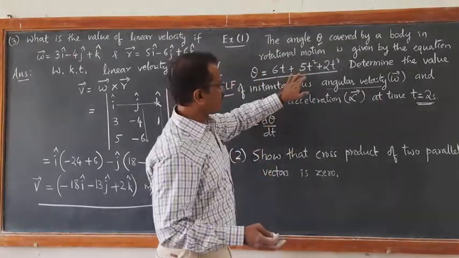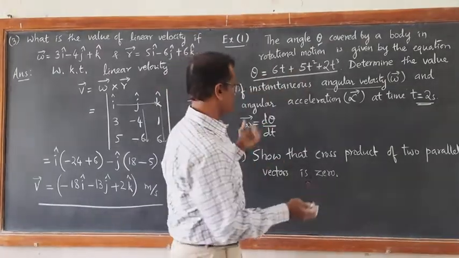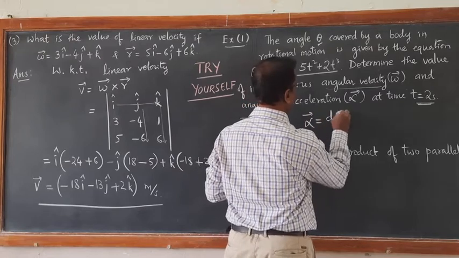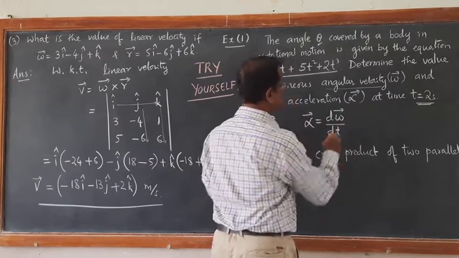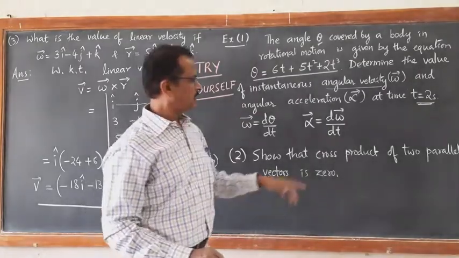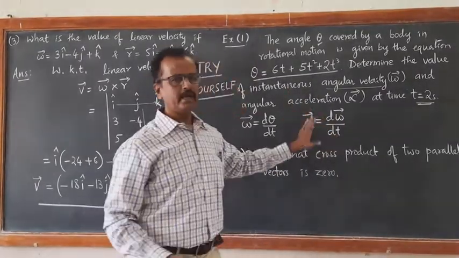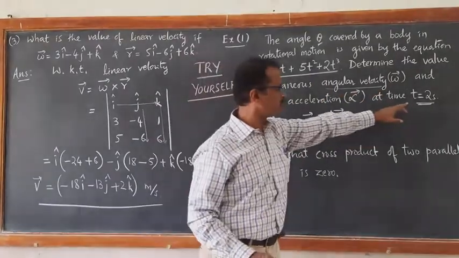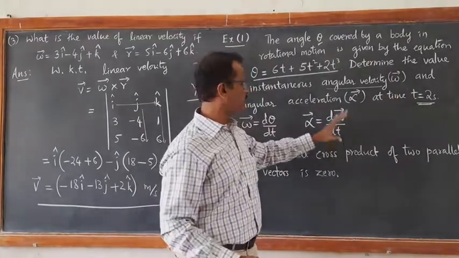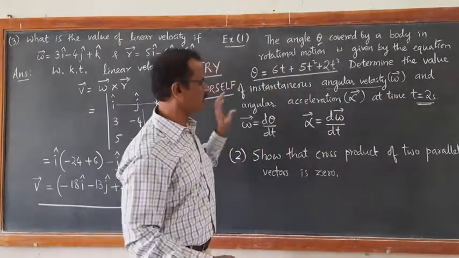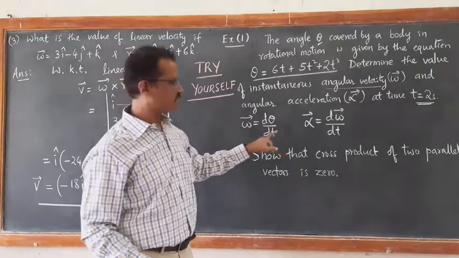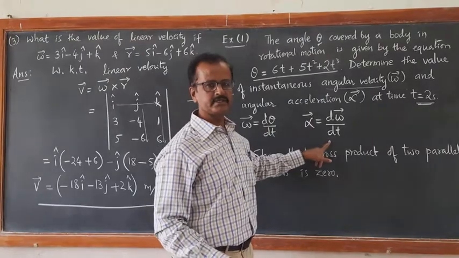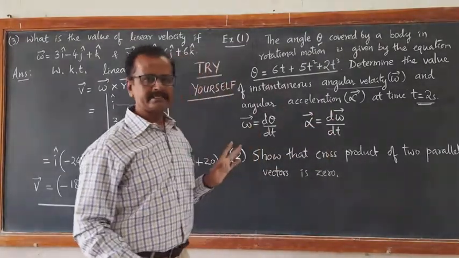Then for that equation which you got in terms of t, differentiate once again. We get alpha equal to d omega by dt. Differentiation of angular velocity with respect to time t. Rate of change of angular velocity gives you angular acceleration. Again you will get the equation in terms of time t. Substitute the value of t in that equation, you will get the value of angular acceleration. I think you will solve this. The procedure is differentiation. One time differentiation gives you angular velocity. Two time differentiation gives you angular acceleration.